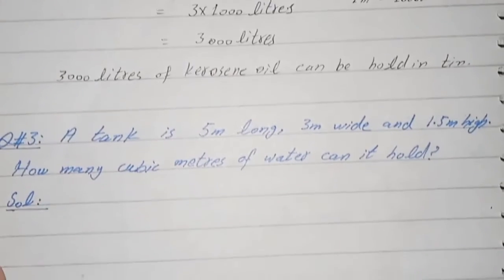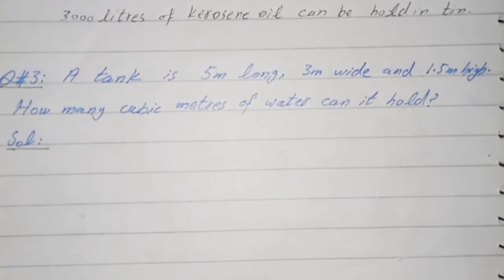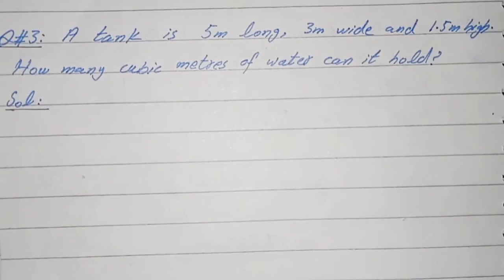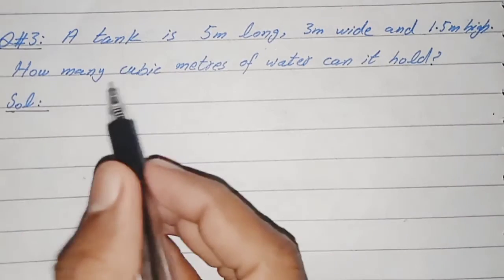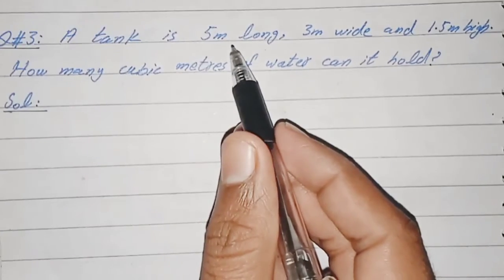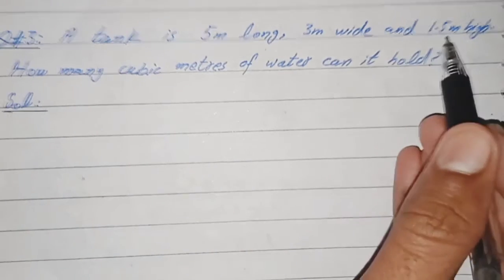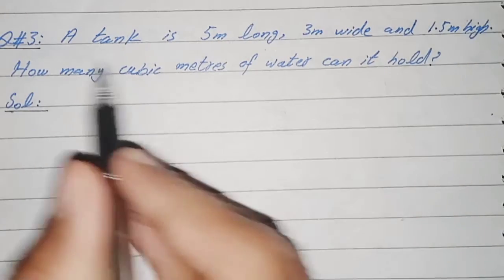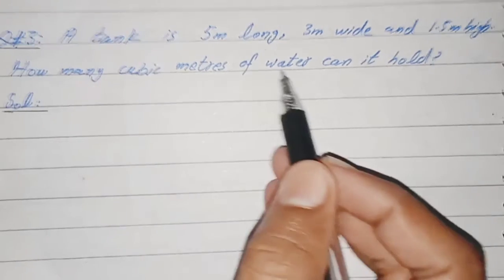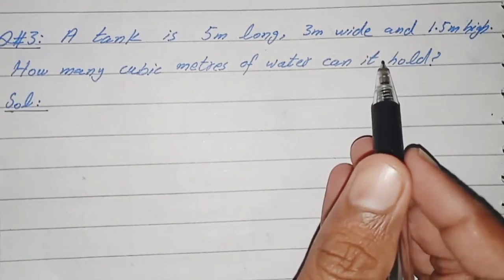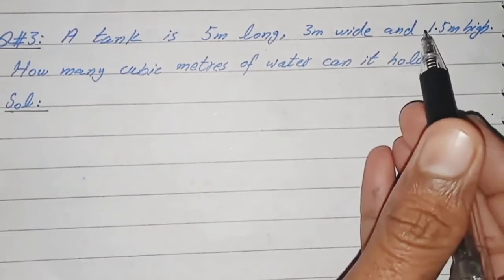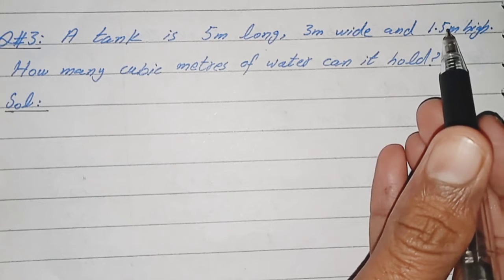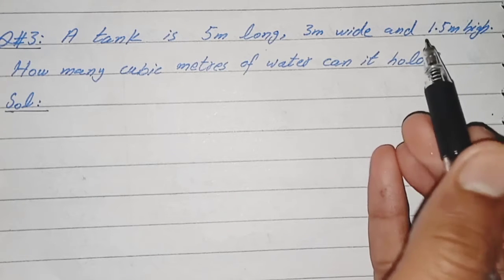Now we are doing question number 3. Question number 3 is written as: a tank is 5 meter long, 3 meter wide and 1.5 meter high. How many cubic meters of water can it hold? The length, width and height is given. It means first of all we will find the volume of tank,